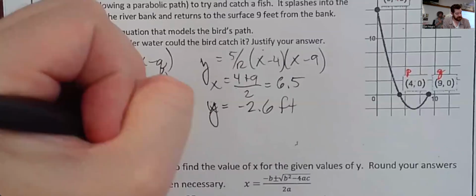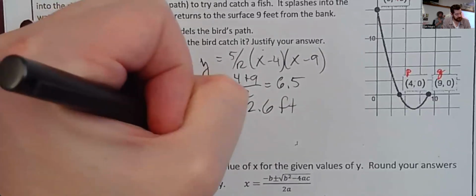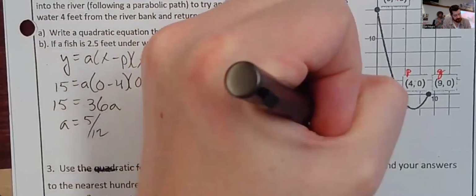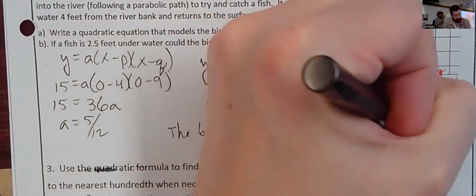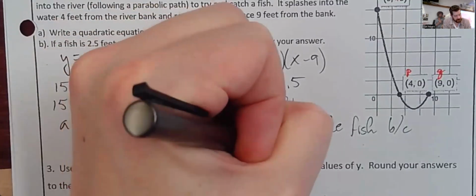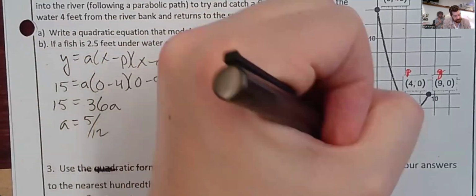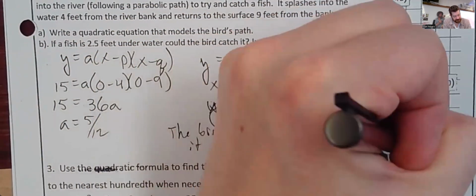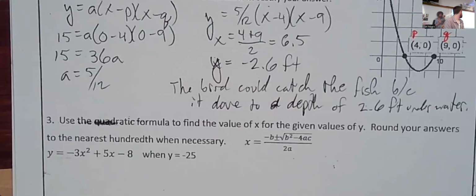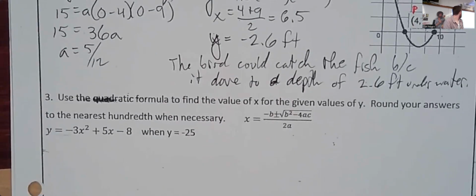Let's see. The bird could catch the fish because it dove to a depth of 2.6 feet underwater. Then to justify the answer, we'll justify it very quickly. So the bird could catch the fish because it dove to a depth of 2.6 feet underwater. Cool. All right, now,